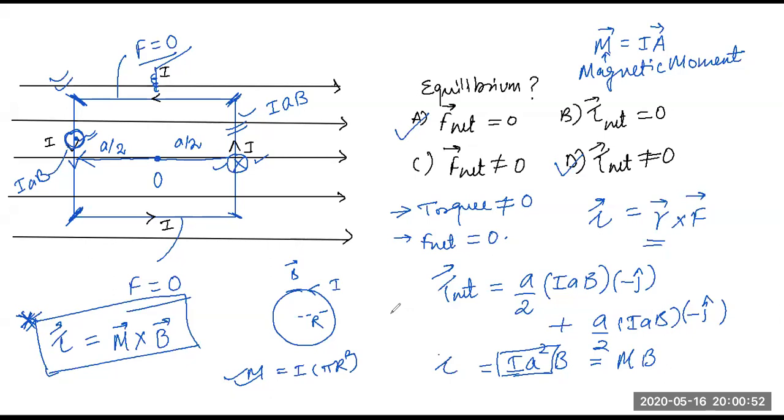Because if you shift your origin to the wire in which the force is acting in the minus k cap direction, then instead of a by 2, you'll have a, again the same result. If we shift it towards the left, again instead of a by 2 you'll have a, the same answer. If we shift it further, the torque of the first wire will get cancelled out or subtracted from the torque of the second wire, so again you will get a. It doesn't matter which point you consider, you get the same torque. But this is only possible in the case of a couple, not otherwise. Got it or not? Yes or no? Okay.